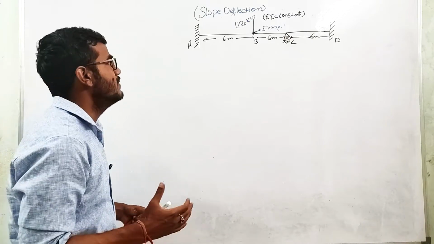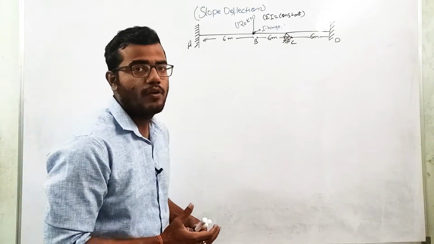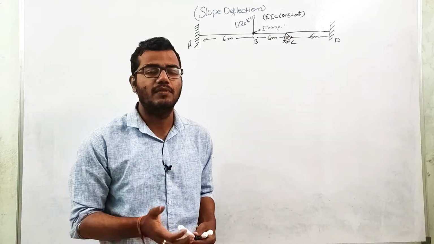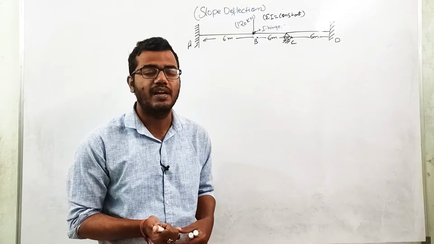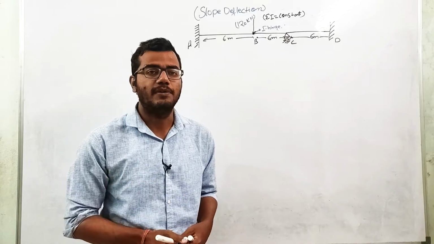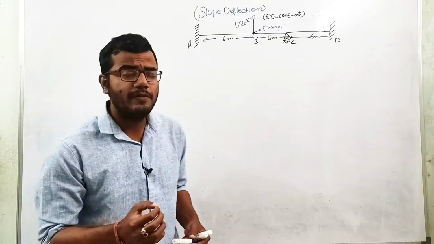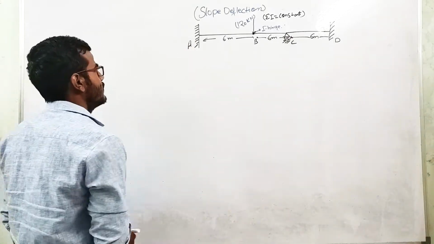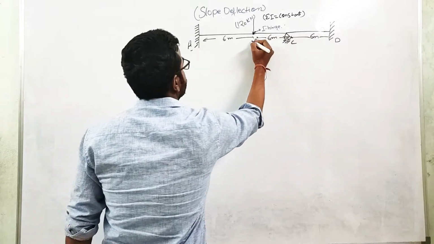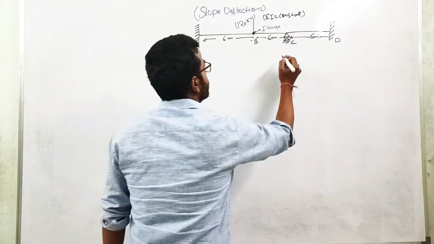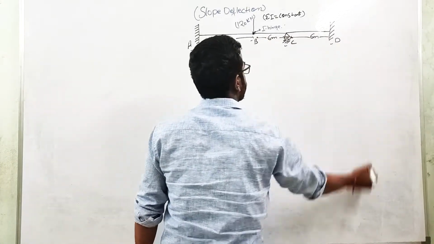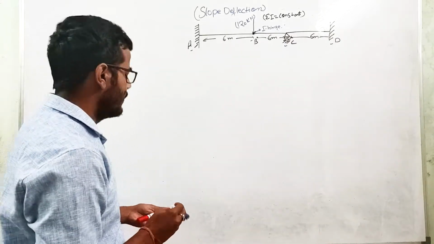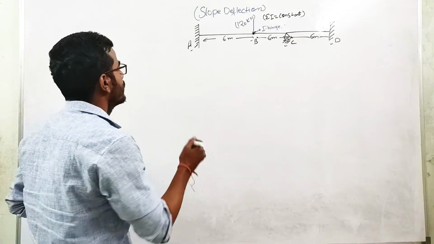In the slope deflection method, we have already discussed that if we want to find the external reactions and internal reactions, first we need to find the displacements. Displacements are defined at the node points. So in this figure, what are the node points? This is one node point, this is one, this is one, and this is another. So in this beam, we have basically 4 node points.